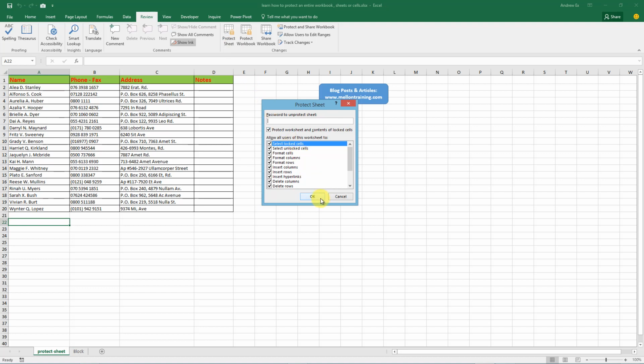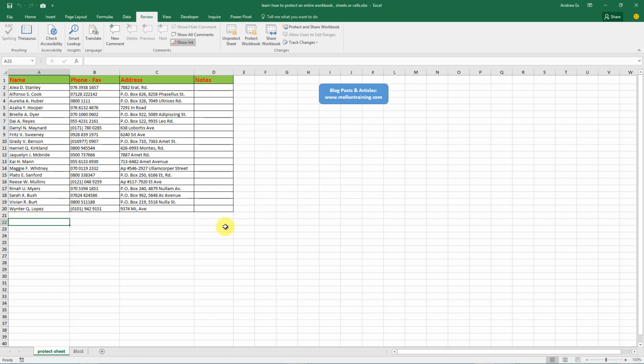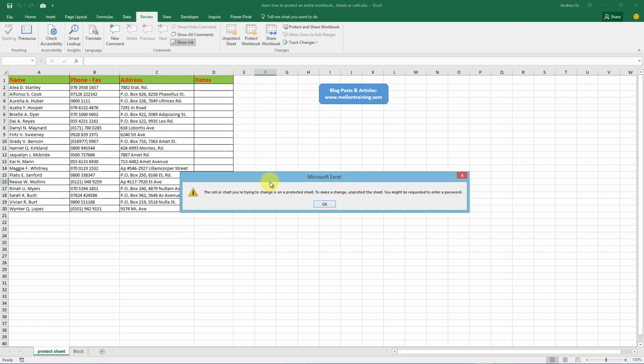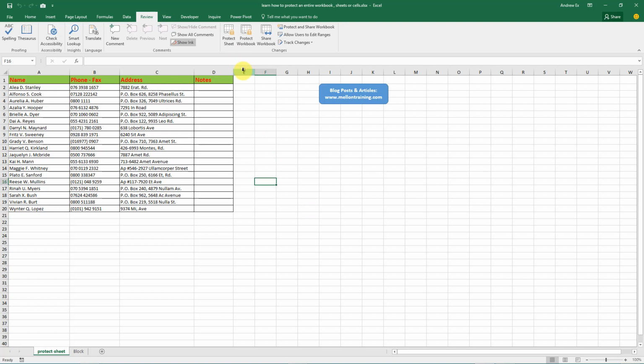And as you can see, all these options are selected by default. Keep in mind that these are allowed to do in the specific sheet, although the sheet is protected. I leave them as they are and click OK. You can click anywhere, but if you try to modify or delete a cell, for example, you will see the message that says it's protected sheet, and to unprotect it, you will need a password, which I didn't put. Great! Unprotect the sheet by clicking again to this button and click again.